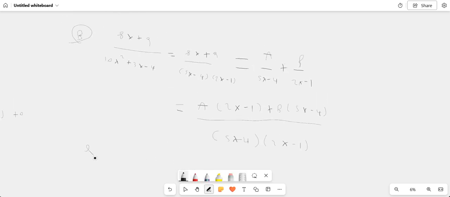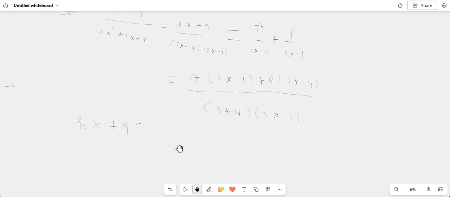Now equate the top here. You've been skipping that for a long time. That's 8x plus 9 is equal to a open bracket 2x minus 1 plus b open bracket 5x minus 4. So obviously now